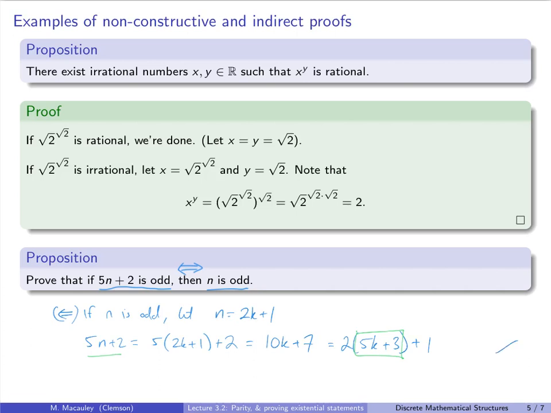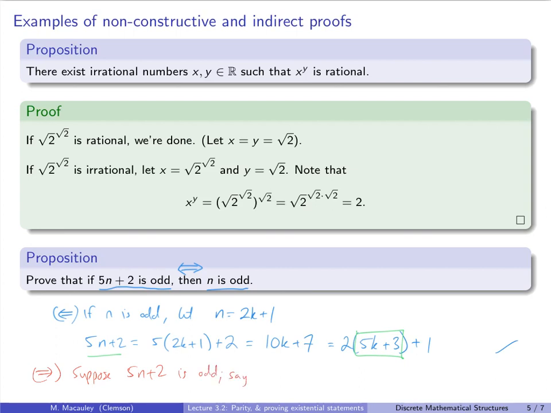Okay, so that's a direct proof, and it's easy. But the other direction, the one that I've stated here: if 5n plus 2 is odd, why is n odd? Now you can try a similar thing. You can say, let's try this. Let's suppose that 5n plus 2 is odd,